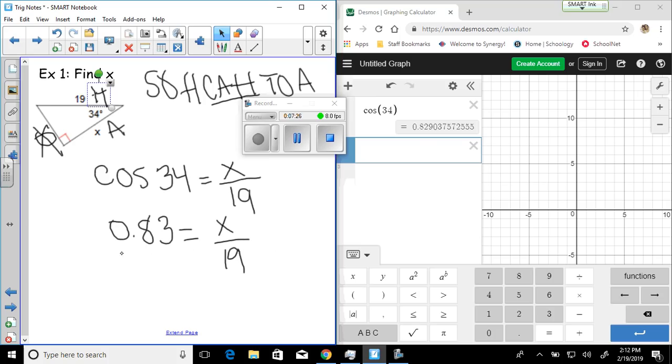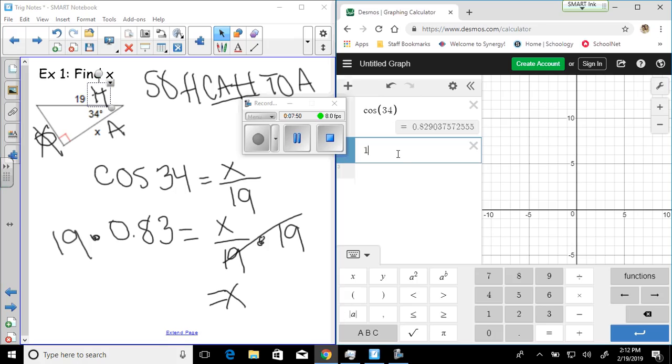So we need to solve for x. So now we're going to multiply by 19 on both sides. Okay, so here, the 19's cancel. We're left with x is equal to, and now we're just going to do 19